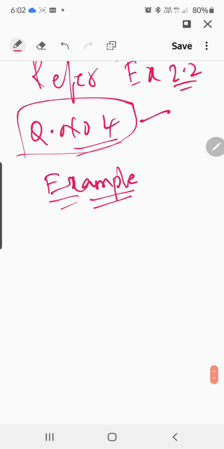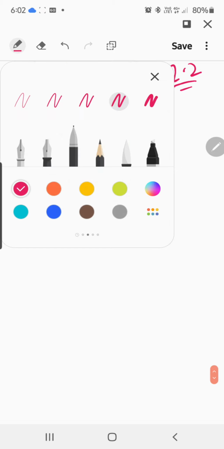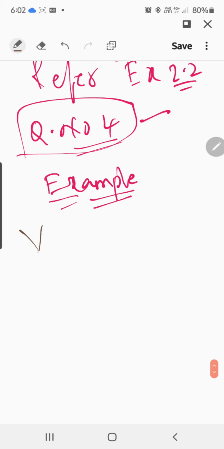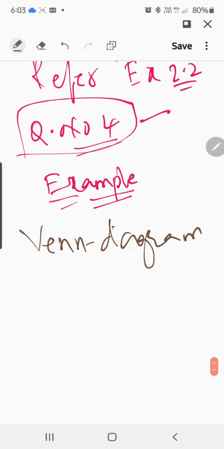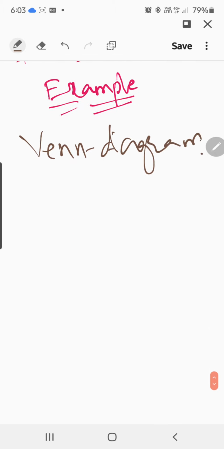Okay, now we will move on. We have talked about Boolean operations. Now we are going to talk about Venn diagrams. How many types of Venn diagrams have we talked about? The examiner will never tell you which Venn diagram he is asking about. So we have to follow some steps, a step-by-step procedure. I am writing it in steps.